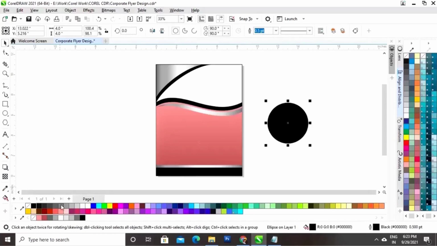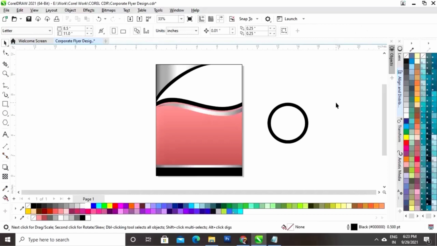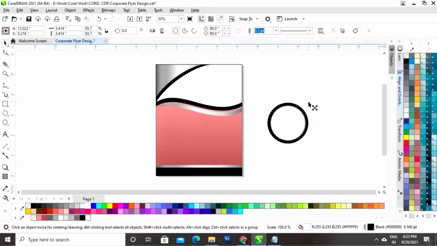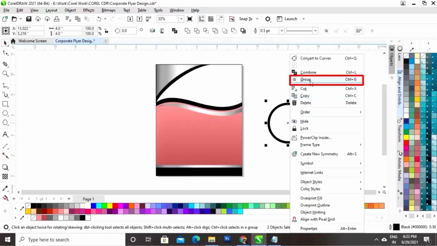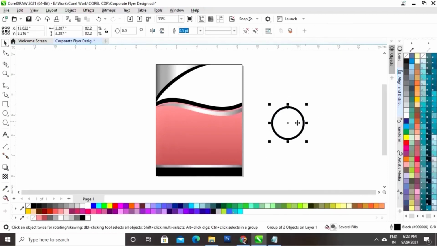Now I'll fill black color in the first circle. Then we will select the second circle and we will fill white color in the inner circle. Now we'll select both and we will right click, then group. Now we will adjust the size and we will place here.